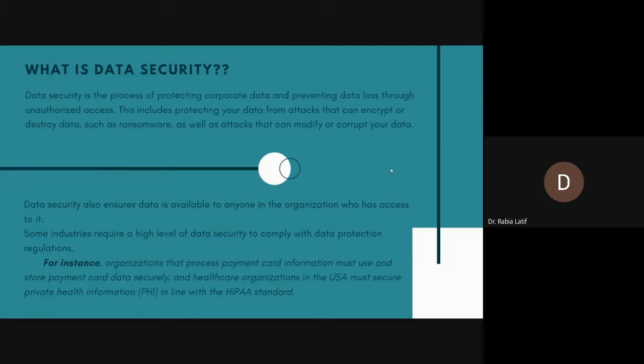So data security also ensures data is available to everyone in the organization who has access to it. This is again the attack on the availability of the data. The attacker basically targets the servers in order to make them unavailable for the users. Back in 2016, Google was hacked by attackers. They attacked the Google servers and made them unavailable for 24 hours, which cost